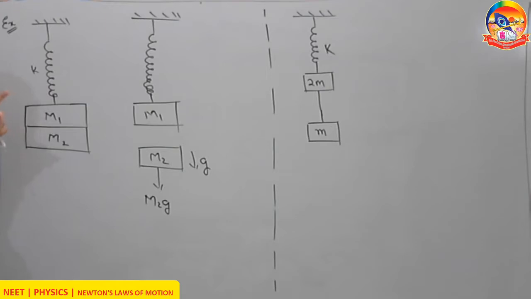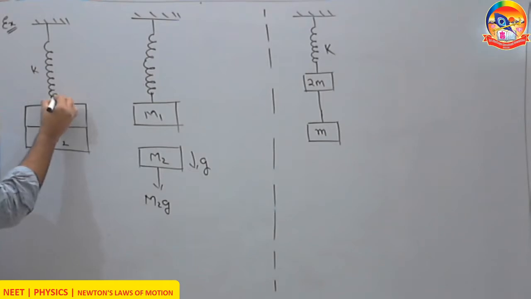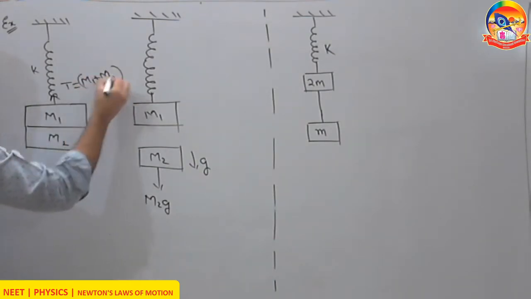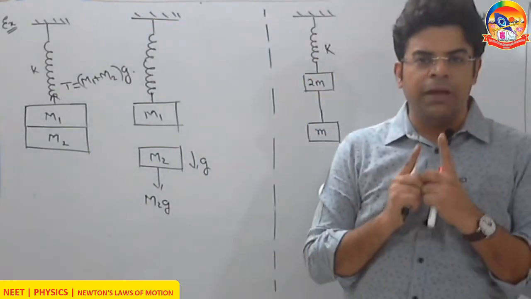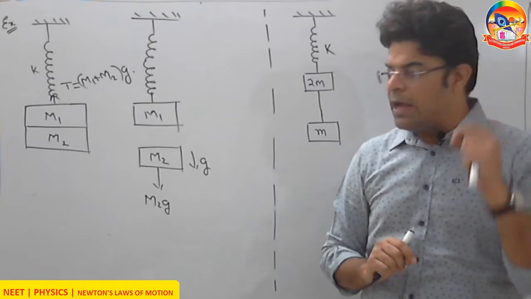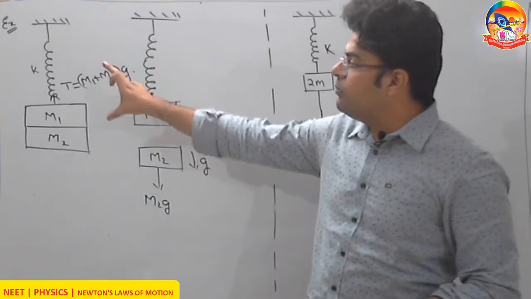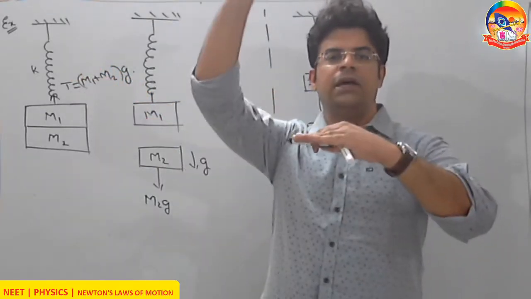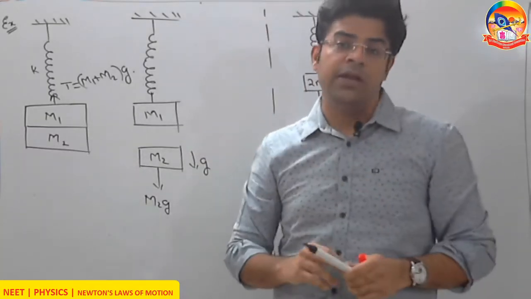So now let's try to understand it. Just before cutting, the tension here will be equal to the weight of the whole system hanging below, (m1 + m2) g. The whole purpose of taking up this example is to make you understand that the force applied by a spring depends upon the deformation. As soon as m2 falls, the deformation in this spring doesn't change suddenly. It takes some time. First m2 falls, then m1 accelerates up, then the deformation will change, and then the force applied by the spring will change.